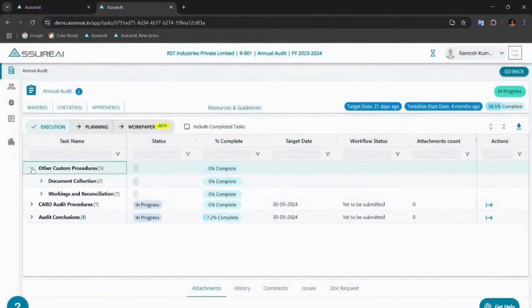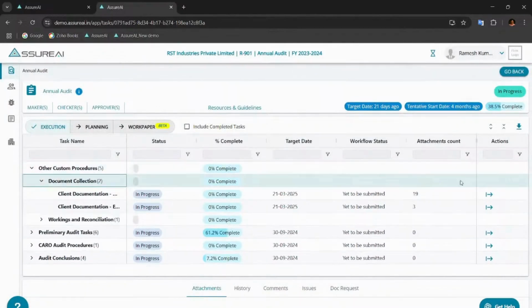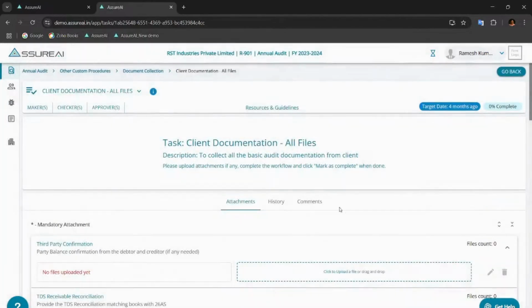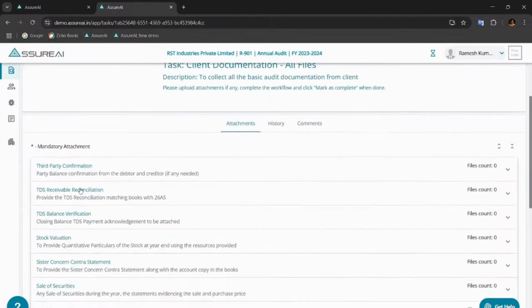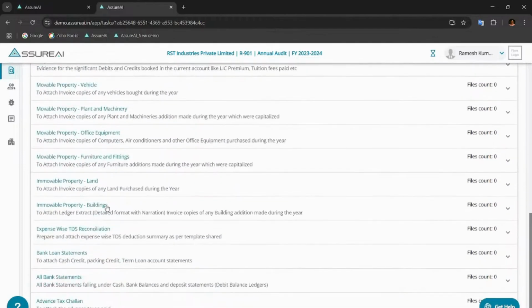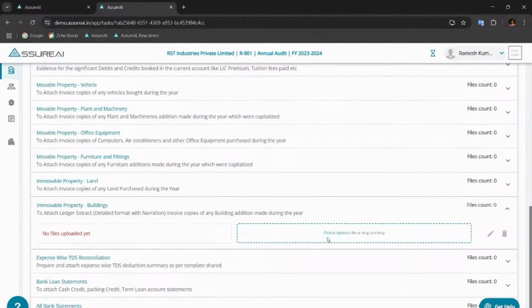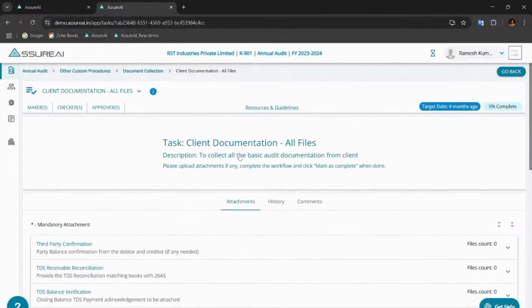For example, client document collection. So they will be able to see this like this. Third party confirmation, TDS receivable reconciliation, TDS balance confirmation. All these things they simply need to upload these documents, which will get aggregated and will be available as part of the audit work papers of the CA. CA can review it and then proceed, and if any further queries are required, that can be communicated and shared